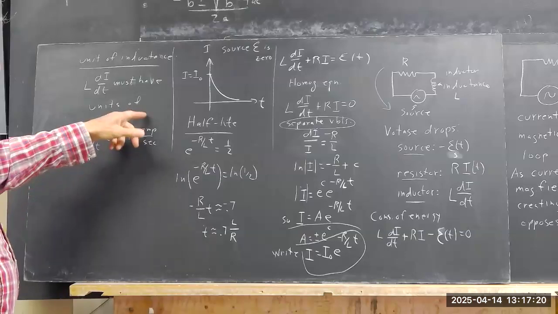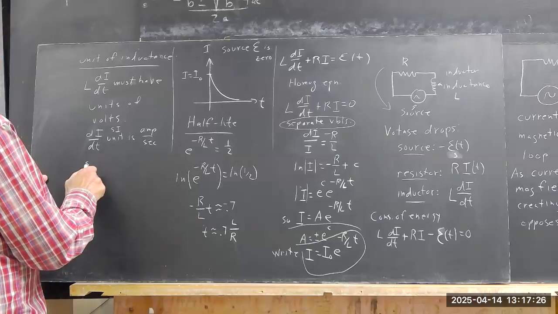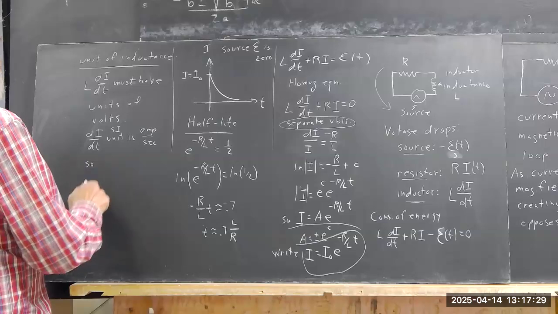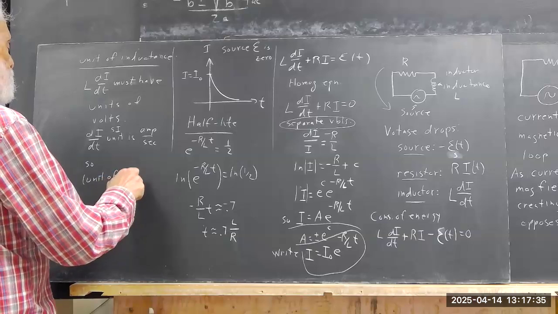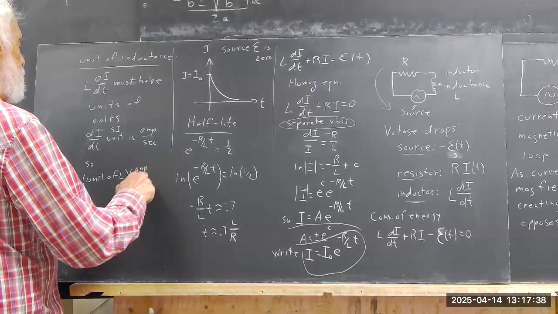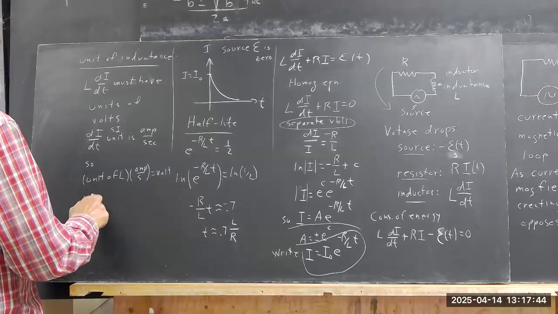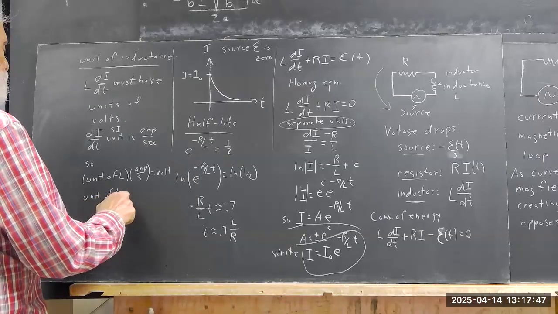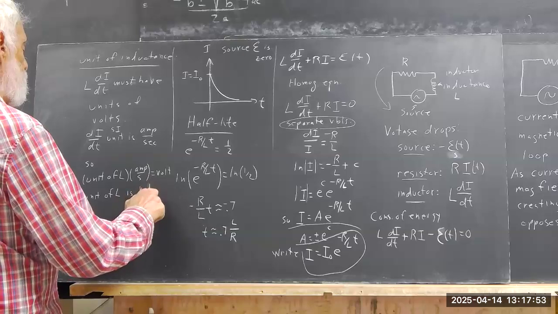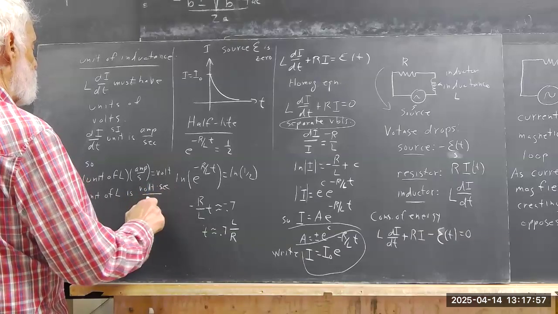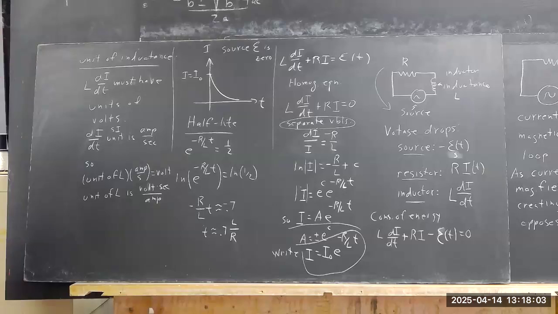The SI unit of dI/dt is amps per second. So the unit is the volt second per amp,